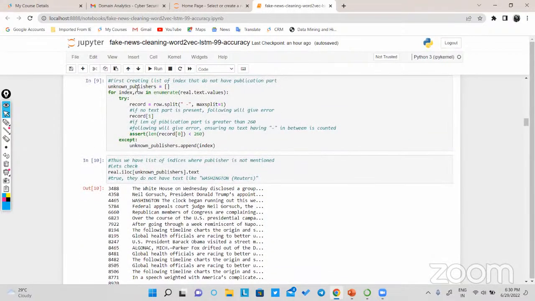So I've done that as an unknown publisher. I have tried to initialize the parameter. For index, row in enumerate(real.text.values), try: record = row.split, with max split kept as one. If no text is present, the following will give an error. But if the length of the publication part is greater than 260, the following will give an error, ensuring no text has this in between, right? So I have used assert over here: assert the length of record[0] is smaller than 260, except unknown